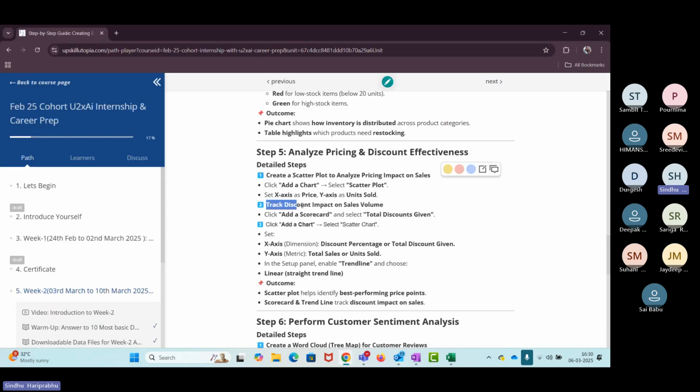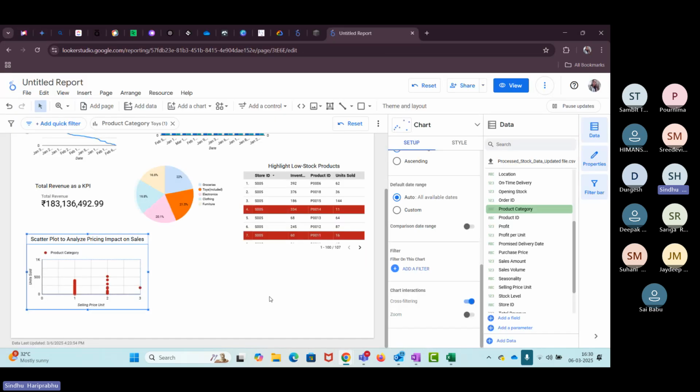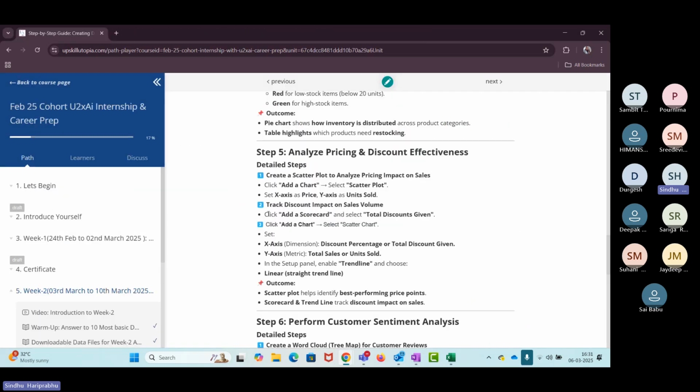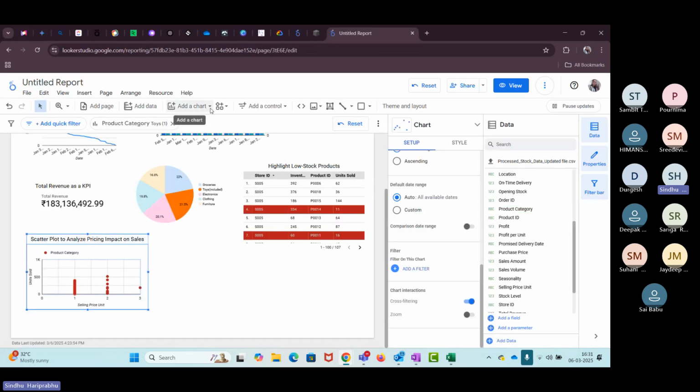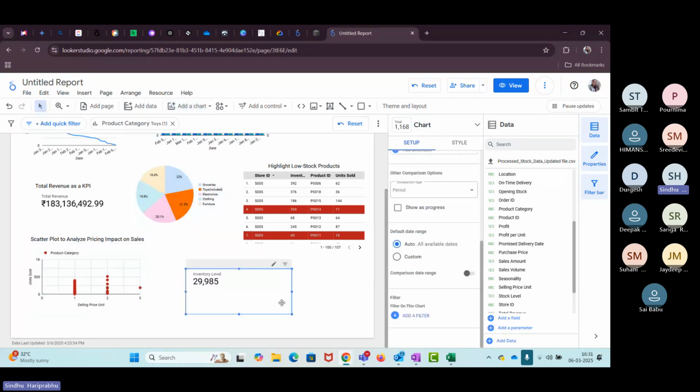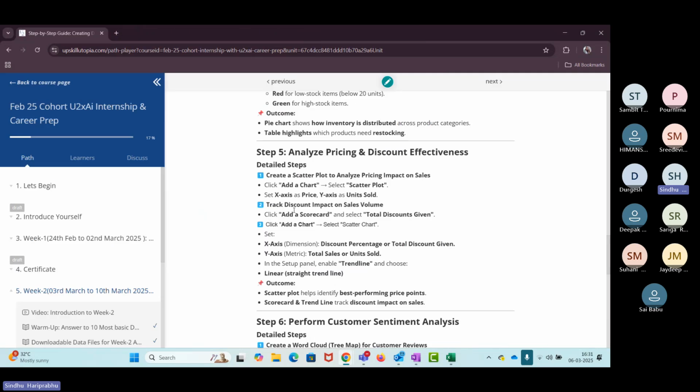The next is track discount impact on sales volume. So how do we track discount impact? Click add a scorecard and total discount given. So click on chart. This is the scorecard. Here I'll be adding the scorecard, total discount given.